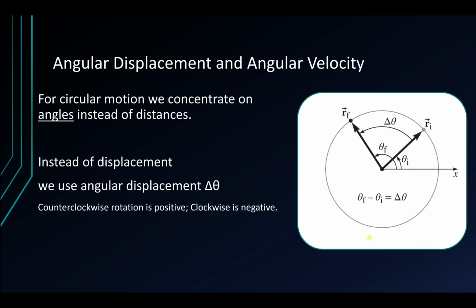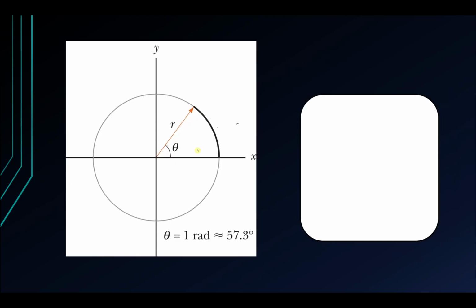So for circular motion, we focus on angles instead of distances, right? Instead of displacement, we are going to have angular displacement, or our change in theta. We can represent this as arc length over radius, right? Our arc length is this value here on the outside of the circle, and our radius is just from the center of the circle to the edge where our point would be. So our change in theta is arc length divided by radius, and this is going to have